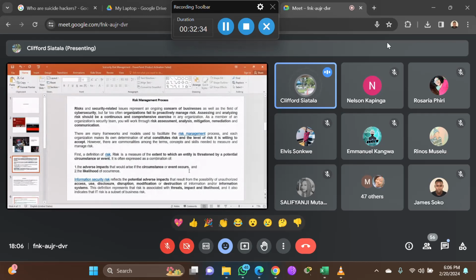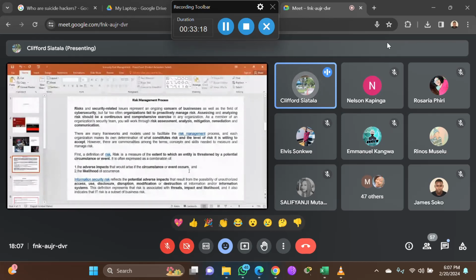How likely is it that it can happen? Sometimes you would be communicating to management and say, in this building, I think maybe there could be an earthquake. And management will say, are you sure? It has never happened in 10 years. So likelihood may mean management will say, I think we can live with the risk of earthquake and volcano, because in 10 decades it has never happened. Even if we don't invest to mitigate, we can live with it. So likelihood is 1 out of 100. That's the likelihood.